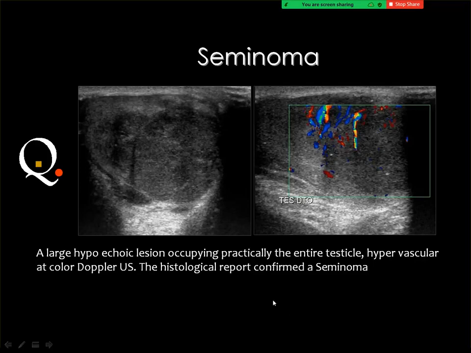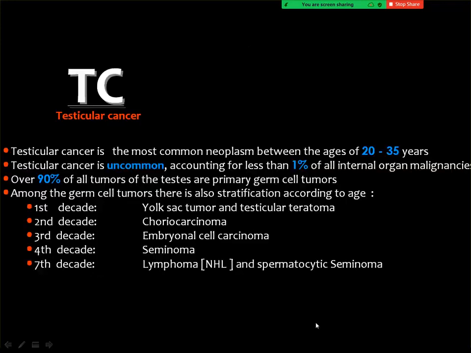then at that time you may say the possibility of orchitis, and usually orchitis is associated with epididymal inflammation, and this helps in the diagnosis. If you see also color Doppler vascularity in the epididymis together with the testis, this will simplify the diagnosis as epididymo-orchitis. But in this case, you got a localized lesion in the testis, and it is seminoma. And you know that seminoma is the most common testicular neoplasm in this age group. It is relatively younger than any other